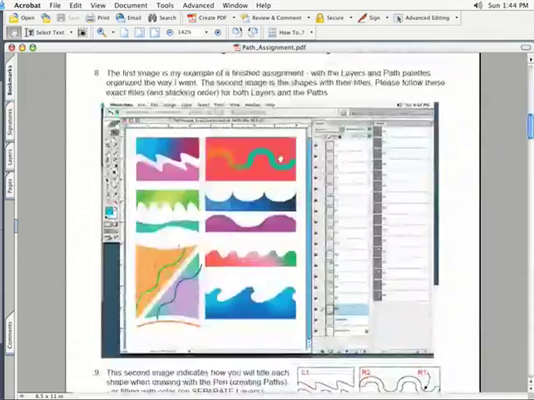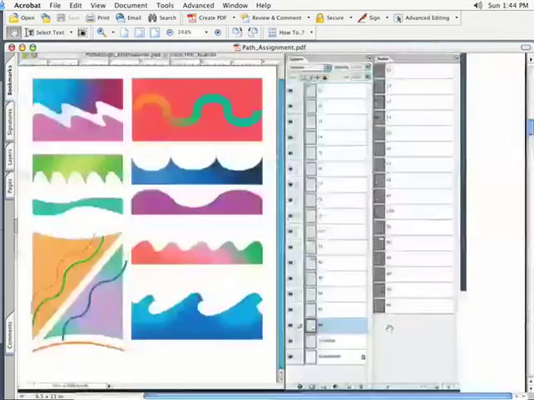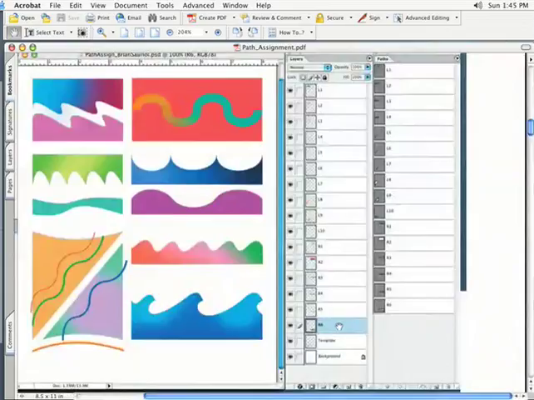And the biggest thing that I want you to note, and I'm going to try to enlarge it on screen or go to the exact one that's mine, is the main reason why we're doing this assignment. It's a twofold reason, and I say so in the PDF file. It's for organization, and it's for understanding the difference between paths and layers. So I have the paths over here to the right labeled L1 through R6. The layers are named the same way, L1 through R6, and I want to go right to my example file and show you